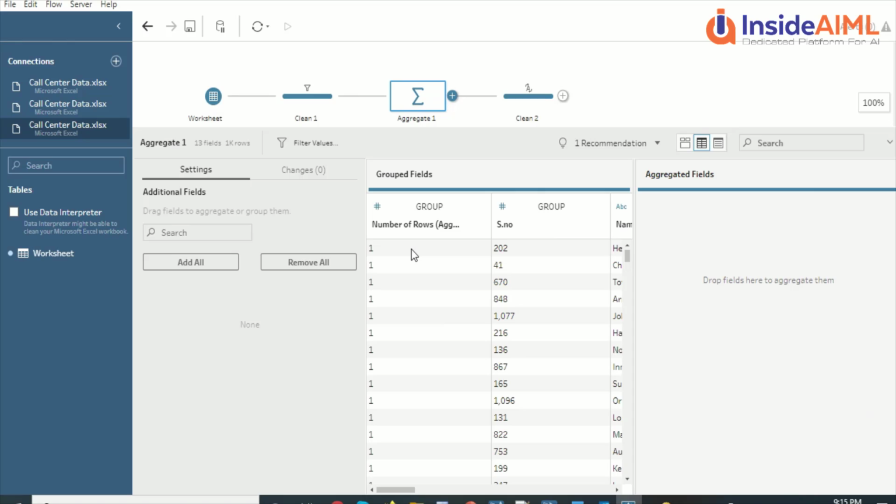To take the distinct value, there is nothing like remove duplicate rows in Tableau Prep. So what we have done is we have dragged everything to group by. There is no aggregate field here. So what we have done carefully is, there is no aggregation field here. Everything we have added to group by. So now when it is going to group, it is going to remove the duplicates because there is no aggregation.